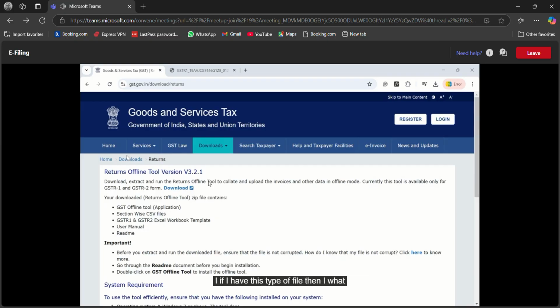However, if I have this type of file, then I will import this file into this utility. How could I do this? By pressing this import files. Here we have two choices, whether I want to import using an Excel sheet or a CSV file. If I'm using this Excel import,